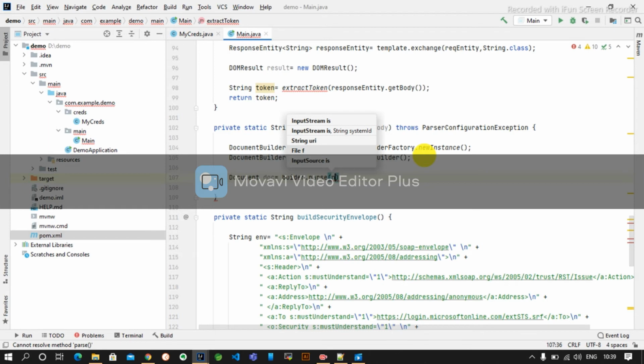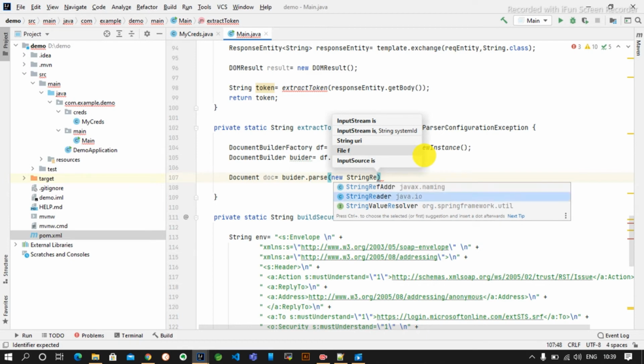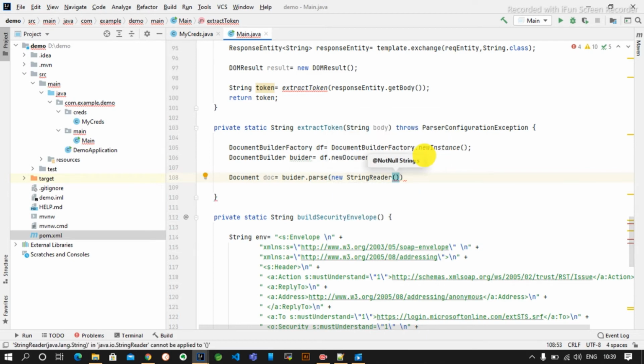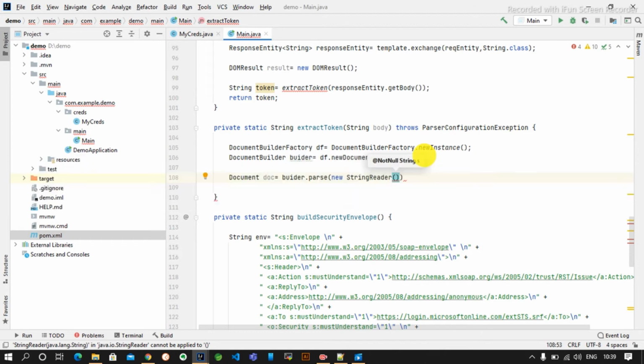New string reader, we want a string reader here. New string reader will put the response body.